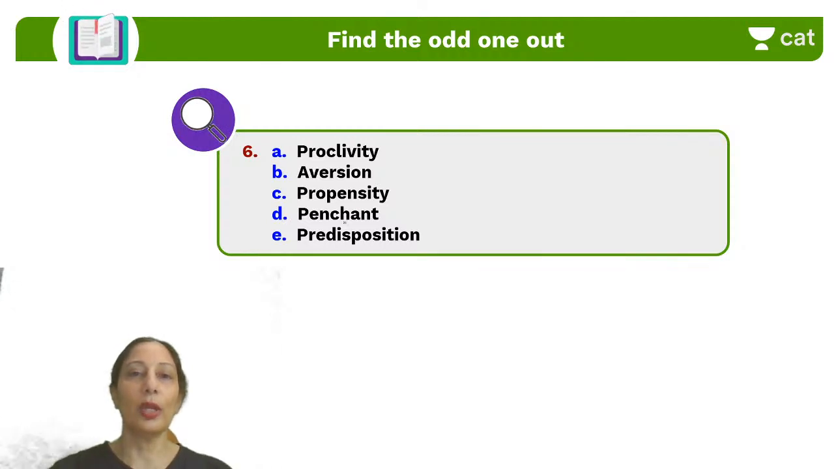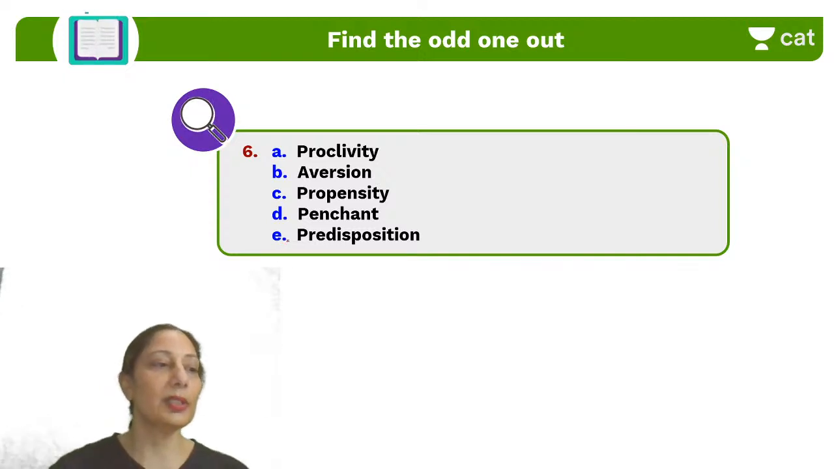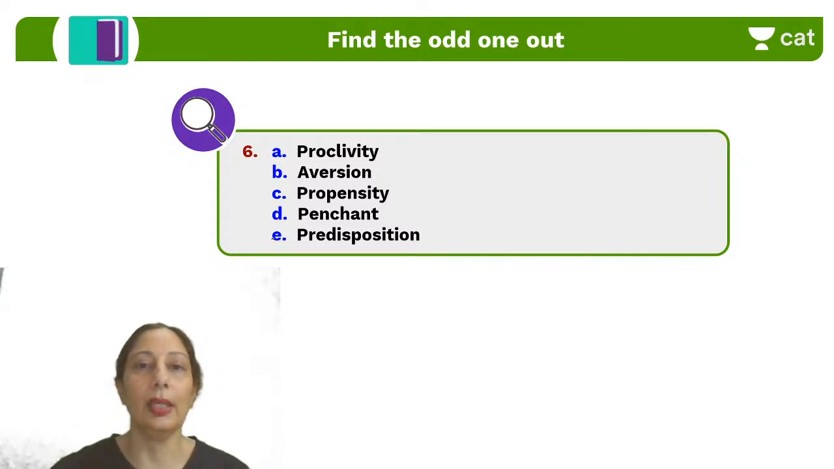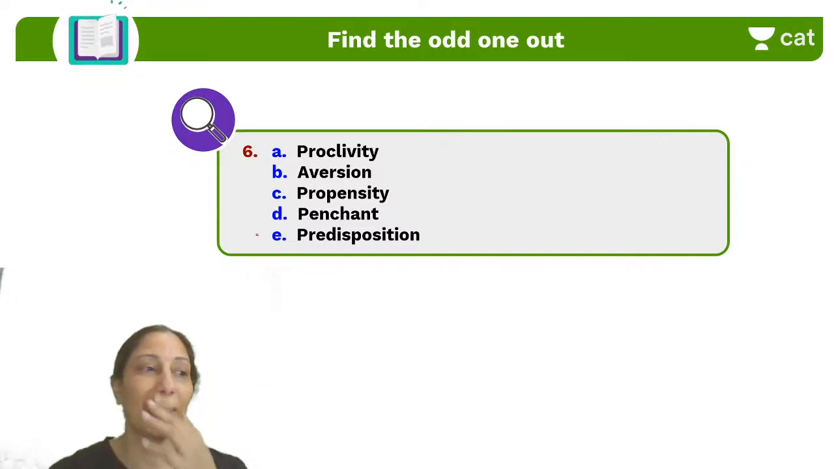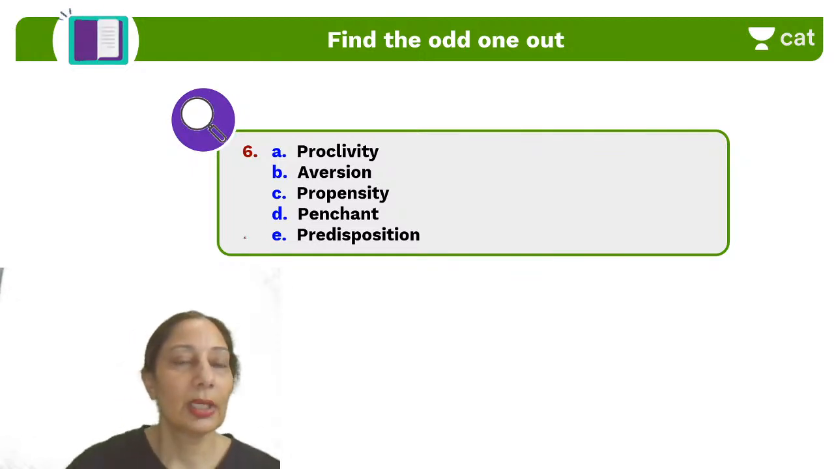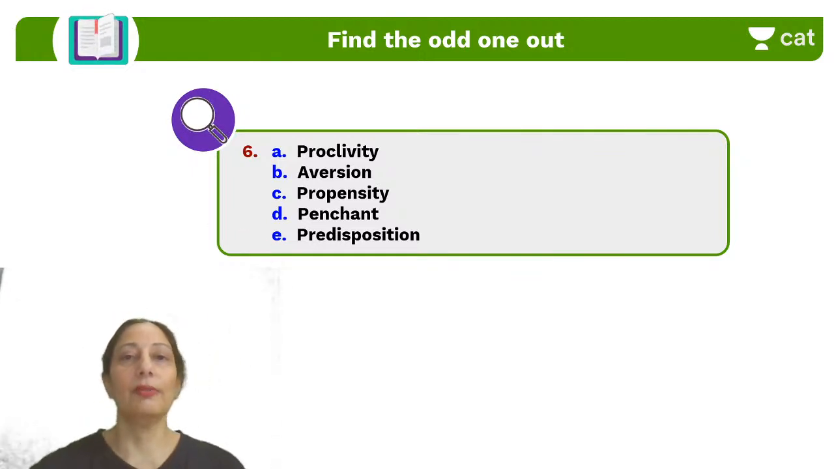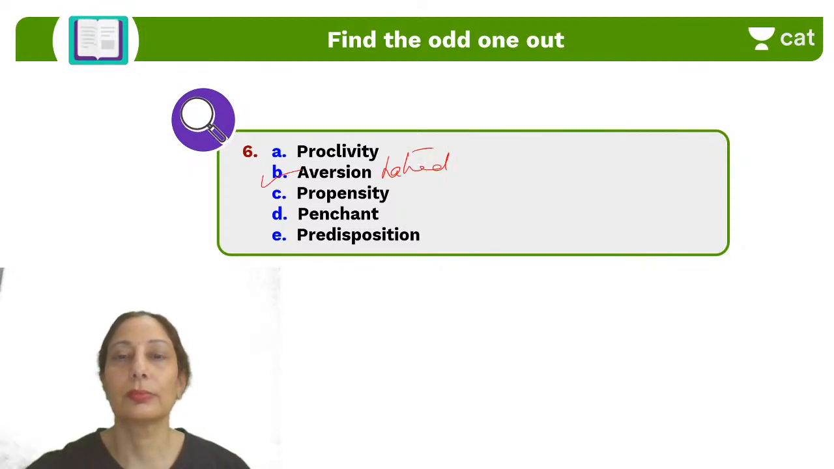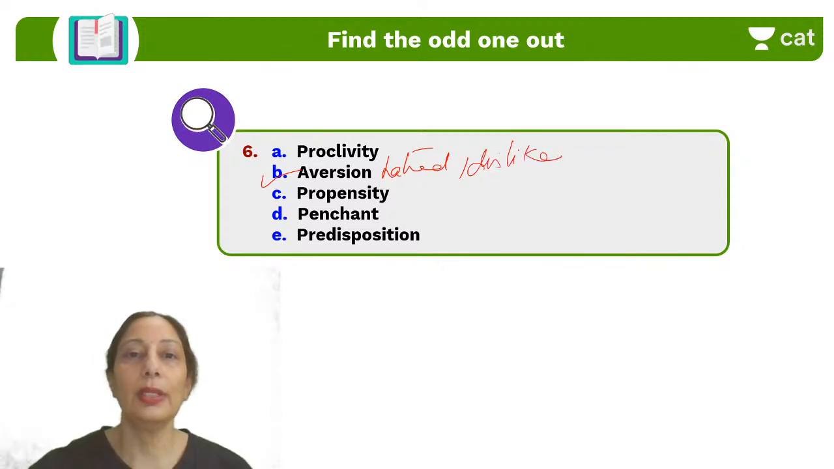This word is pronounced as penchant. Predisposition. What is the answer? Diya is saying A, aversion. Ayushi is saying aversion. What do you think is the answer, guys? Yes, it is aversion. Aversion means hatred, dislike, right? While proclivity, propensity, penchant, predisposition mean bias,